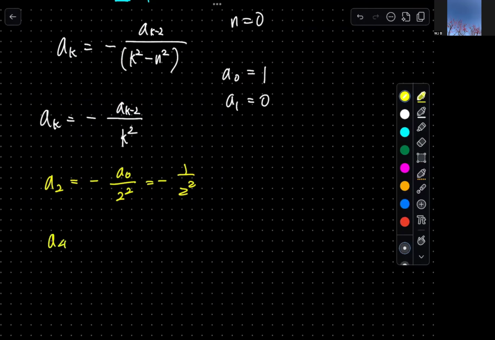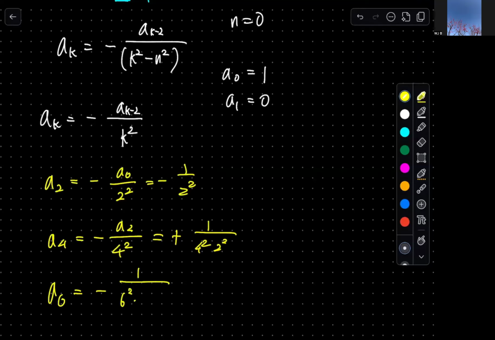So I'm going to go for A4, which then will be minus A2 over 4 square. So that's going to be the same as positive 1 over 2 square, 4 square. Okay, so we see the pattern. So A6 is going to be minus 1 over 6 square, I believe, right? And 4 square and 2 square. Okay, that's great. So the pattern that we see here is, these are the even numbers,